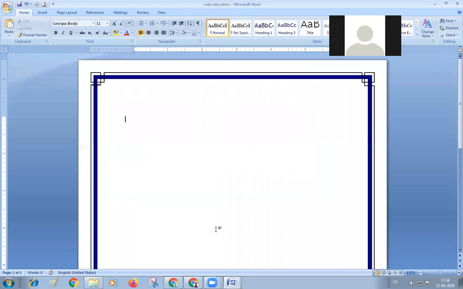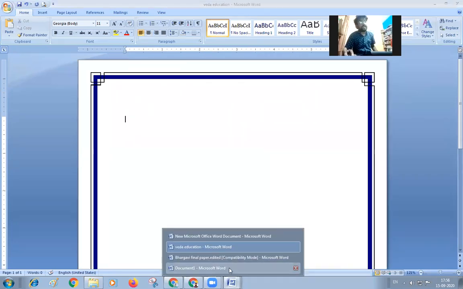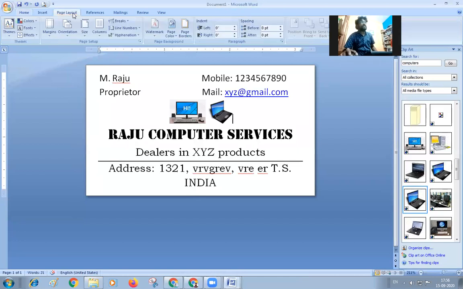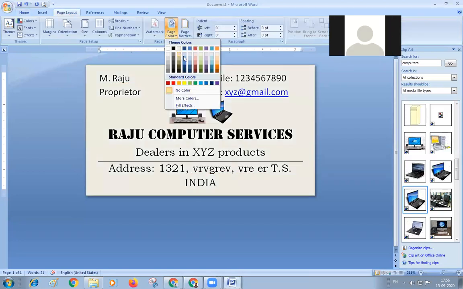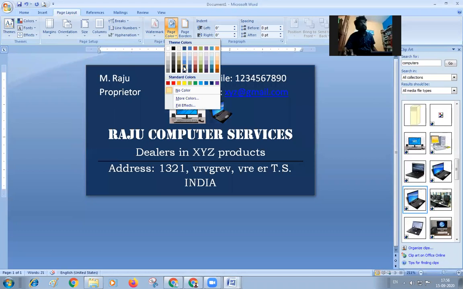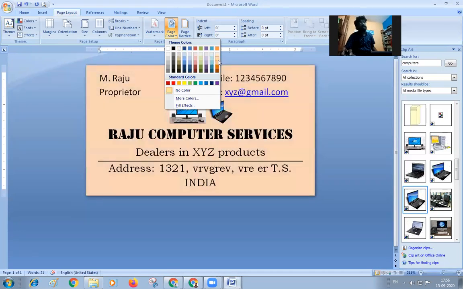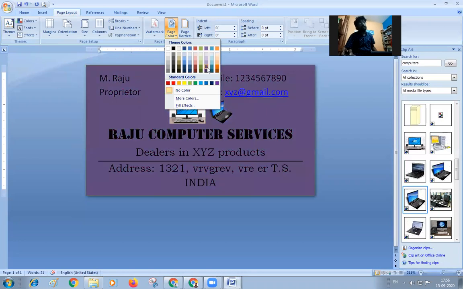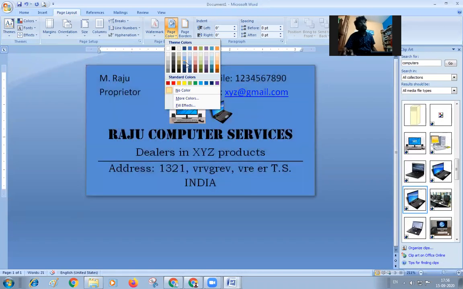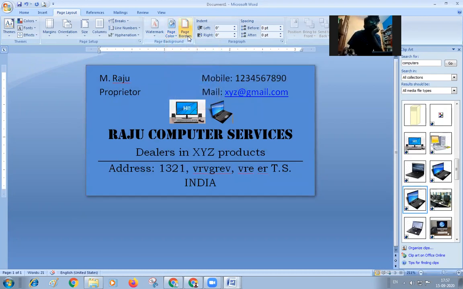Okay. Sir, how can we change the background? You can also keep your own background. Just go for the page background setup, page color. Yes, page color. You can keep the page background color like this. You can select your own background here. Whatever changes you apply in the page layout of a normal Word document, you can apply all the page colors to all the pages.